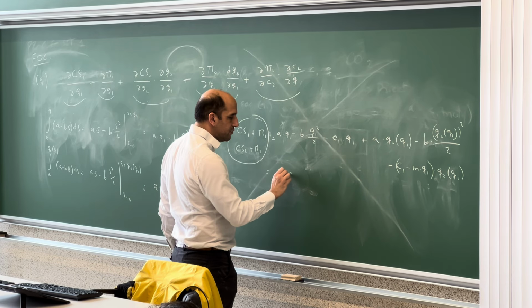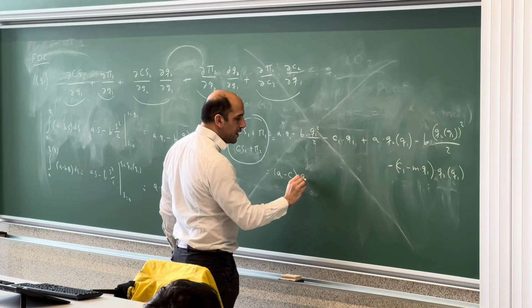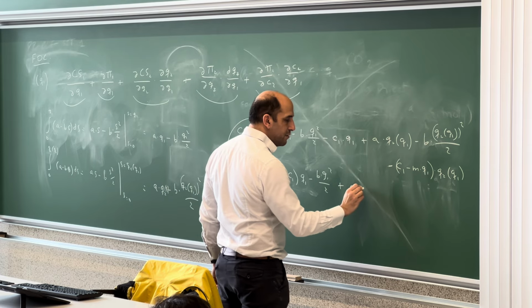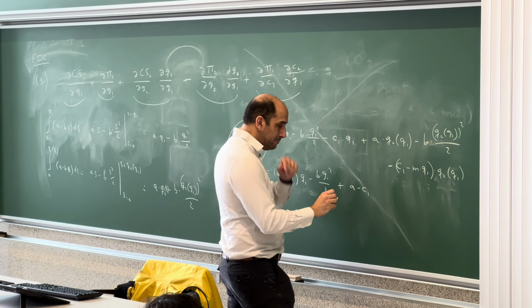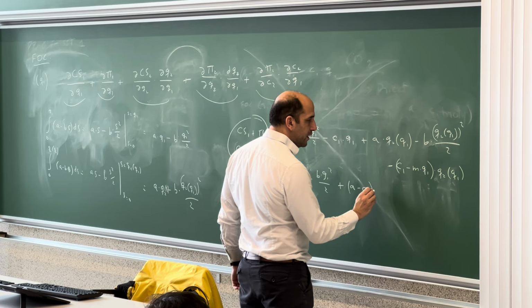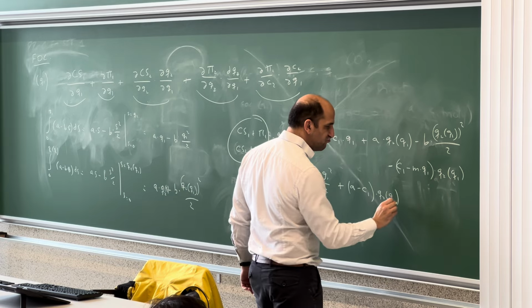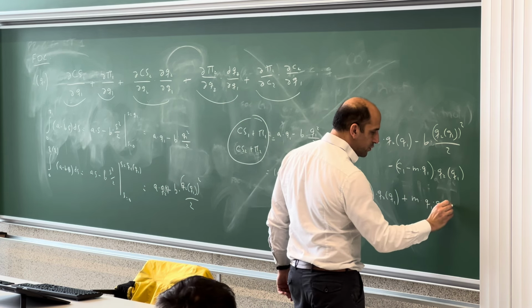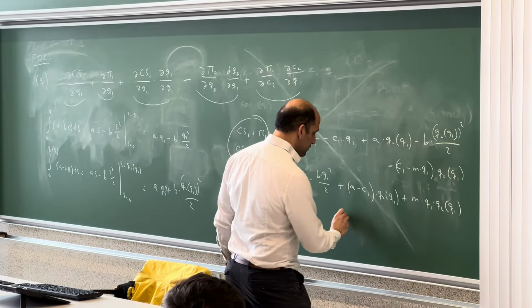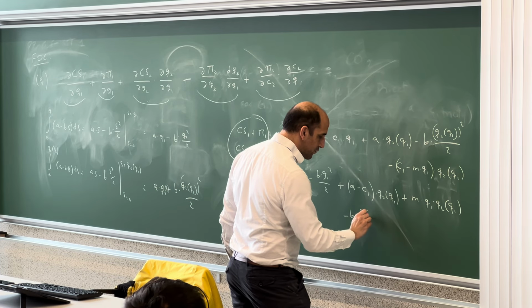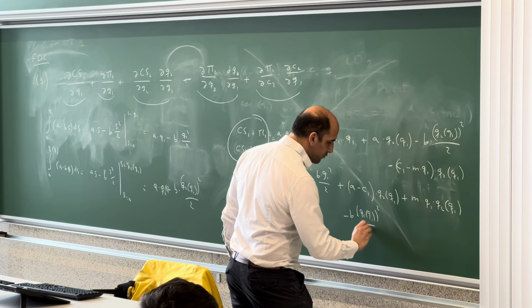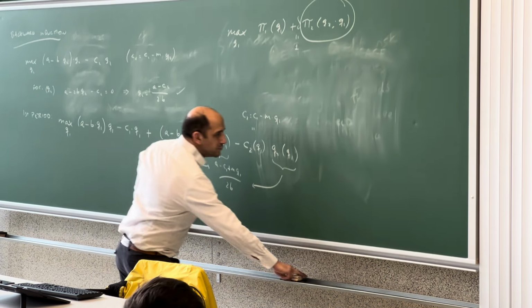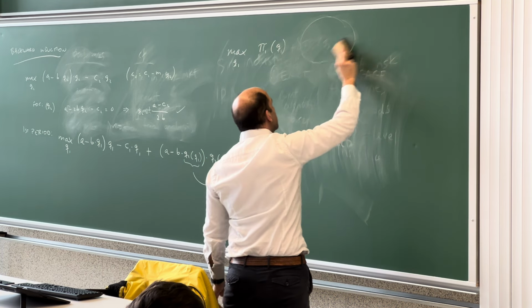We could say it's a minus c1 times q1 minus b times q1 over 2 plus a minus c1 times q2 of q1 plus m times q1 times q2 of q1 minus b q2 times q2 of q1 over 2. So now with this simplified objective function,